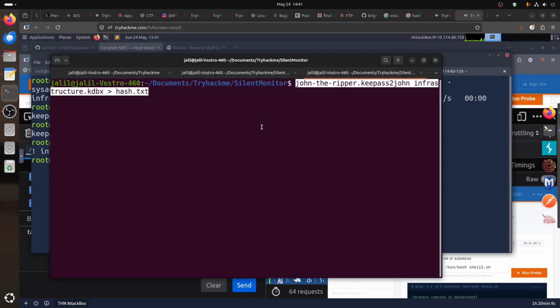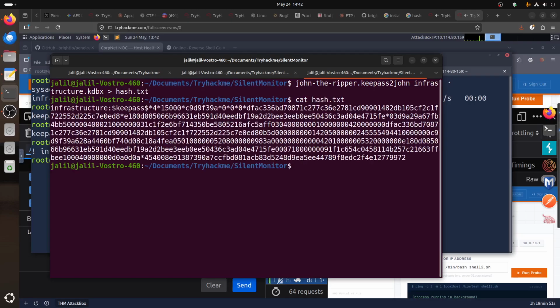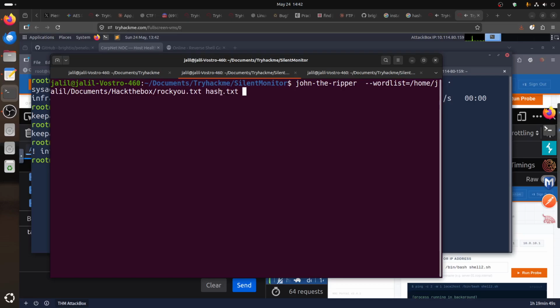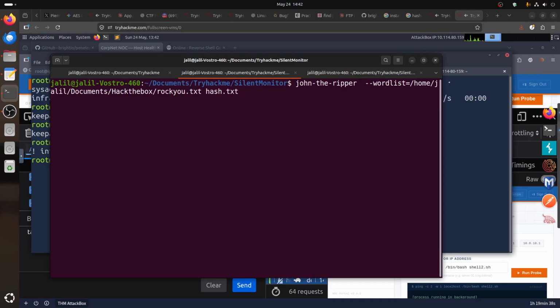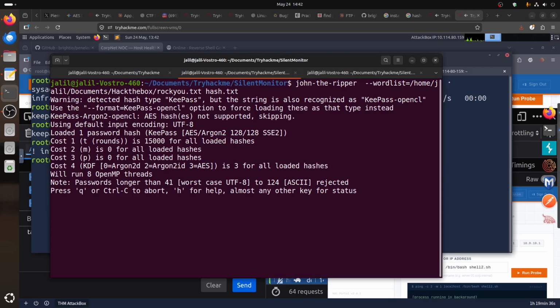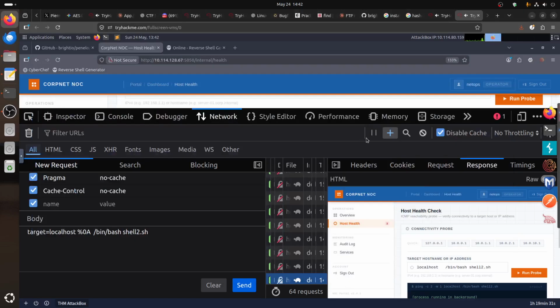Now if I try to do it on my computer, for example, I say John the Ripper and do hash, because mine is Ubuntu, I use snap, so the name is John the Ripper, and my computer is new, so it worked fine. My hash.txt, you can see infrastructure, so I can crack it basically with John the Ripper and give it a word list. In this attack box it doesn't work. Sorry guys, if you have a new computer, try it on your own computer. And then of course it doesn't take long, I think the password is spring, and of course you go to your